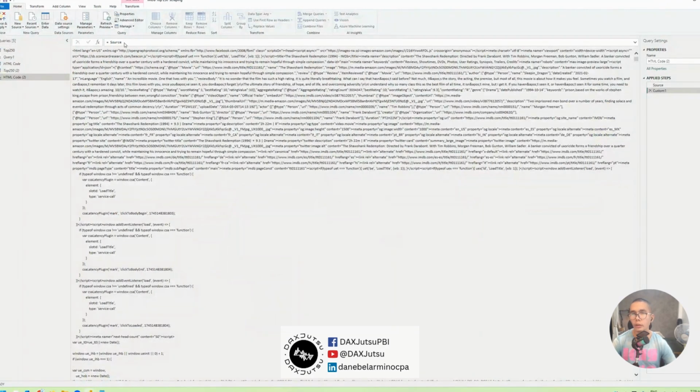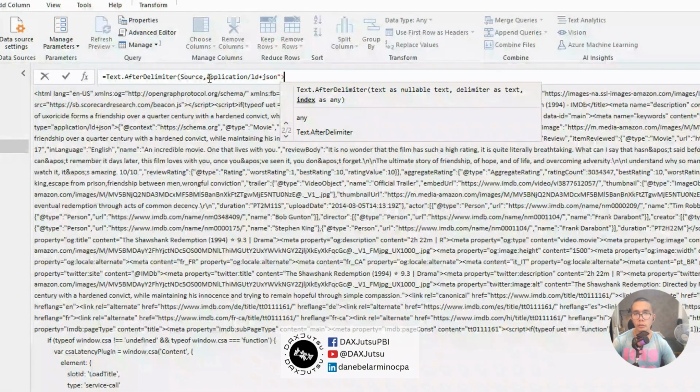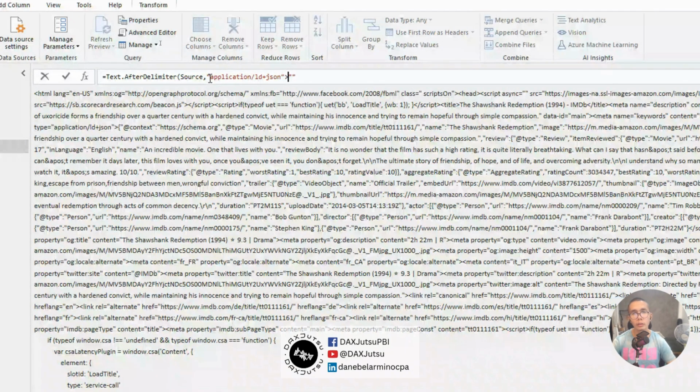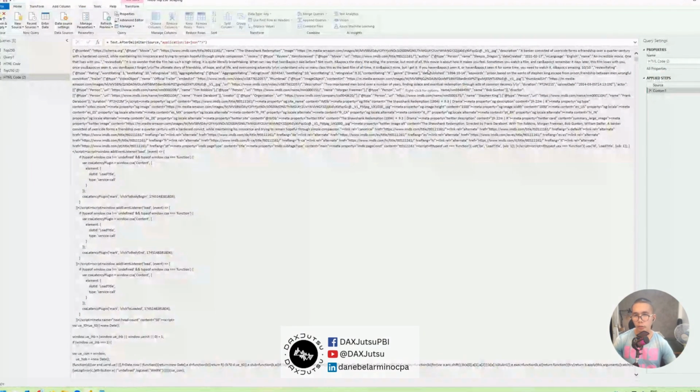So text, Text.AfterDelimiter. Then I already know which text string we need to get. So we'll be renaming this step to JSON start, and then we'll insert another and we'll call this one JSON end,